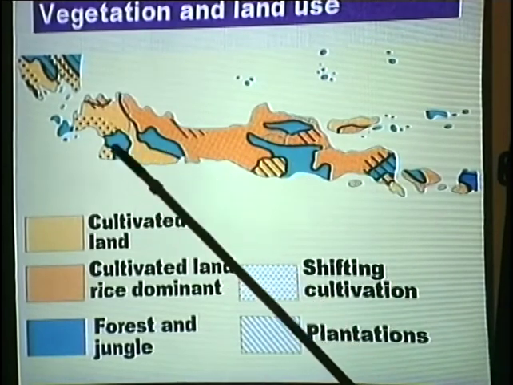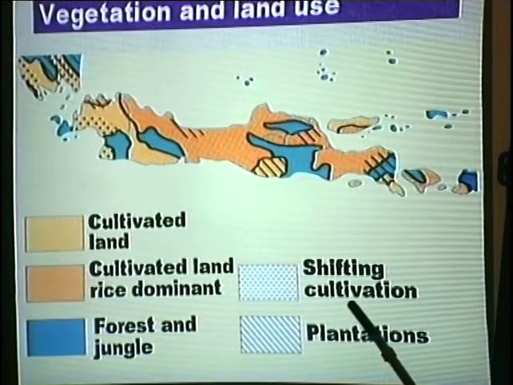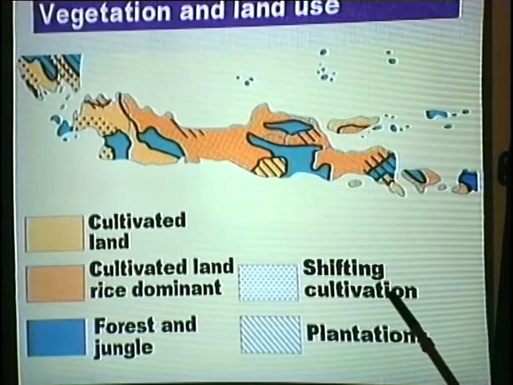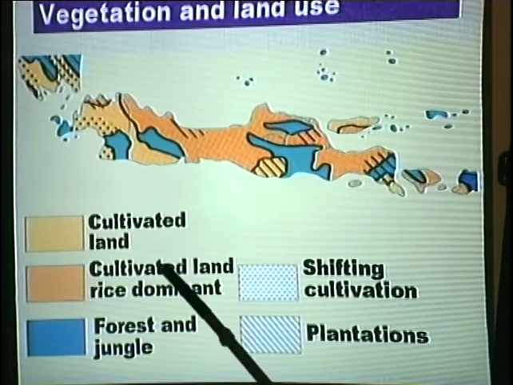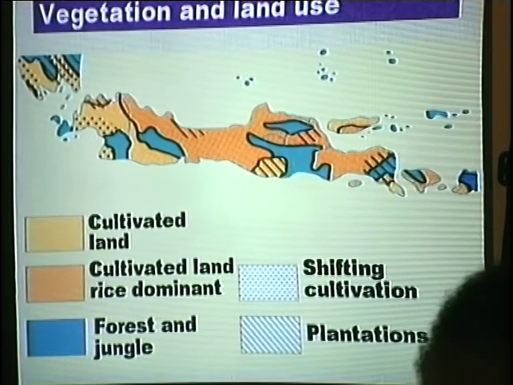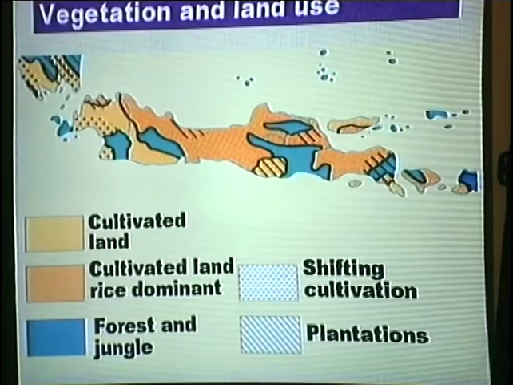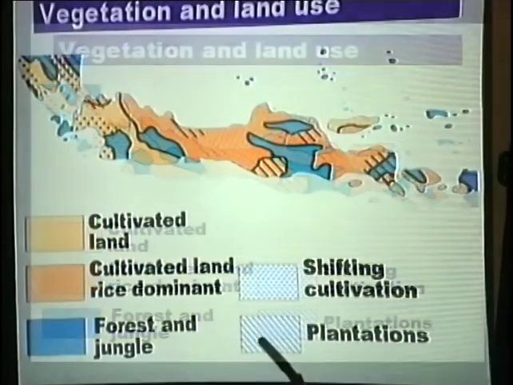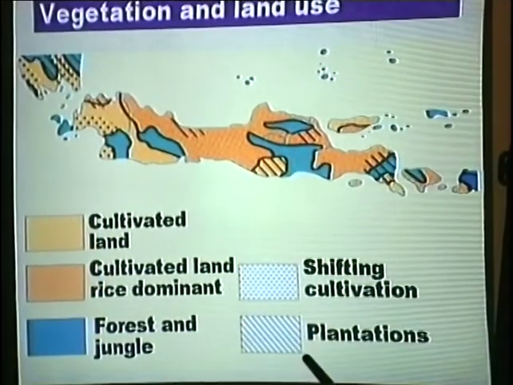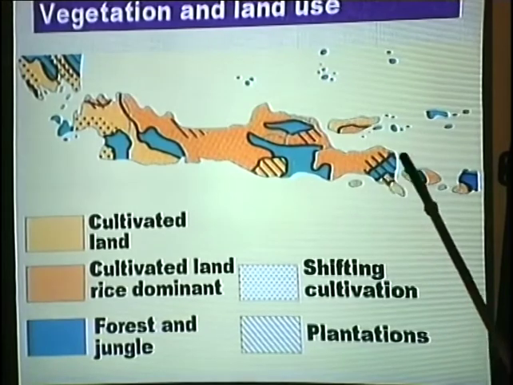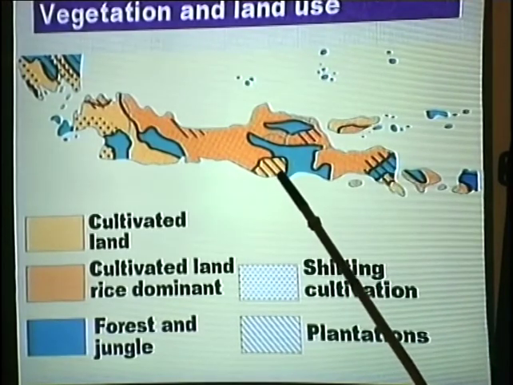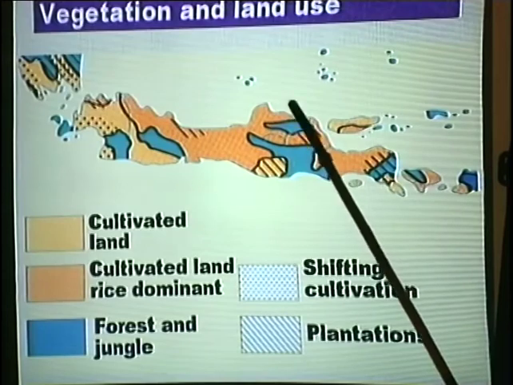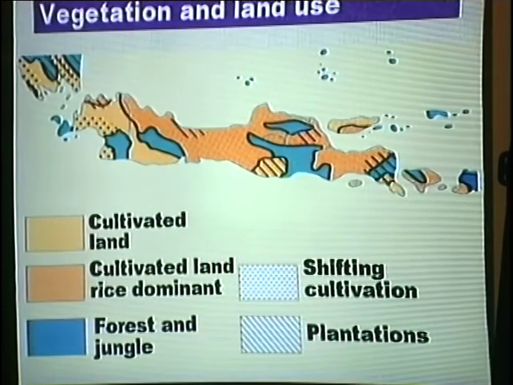And then we have the dotted key or symbol here represents shifting cultivation being practiced. Shifting cultivation is whereby you farm on a particular piece of land, you leave it for some years for the soil to gain its fertility, then you come back again on it. Meanwhile, you move from one place to the other to farm or to grow crops. And there is also evidence of plantations on the island of Java. And the strokes or the symbol with the lines across there represent some of the plantations. Plantations in this area. Here is another area with plantations, this section and that section also, even at this point here.